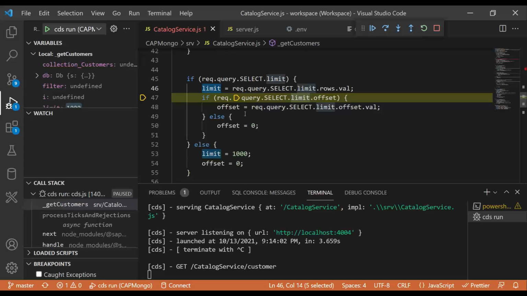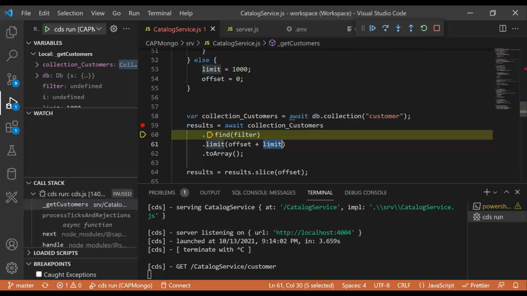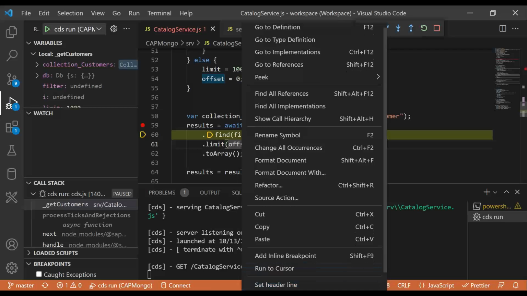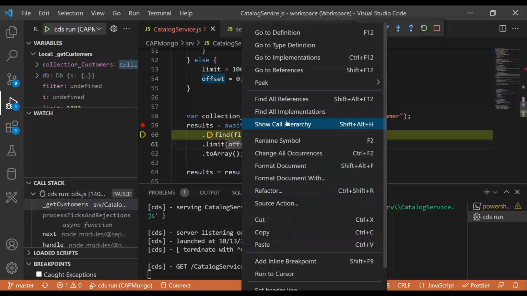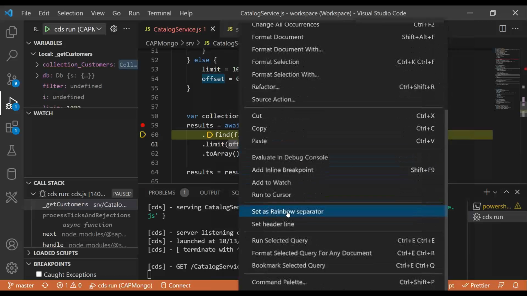I would like to change it, and I can change it pretty easily. F10, it has got all the values. Now it's calling customer, and let me just check the value of this offset and limit. I can right click and add them to the watch. You can see multiple options to use your variables and explore them right away on the left hand side. You can pick a particular variable, format, refactor, and then probably evaluate in debug console or add to watch. Let me add to watch.